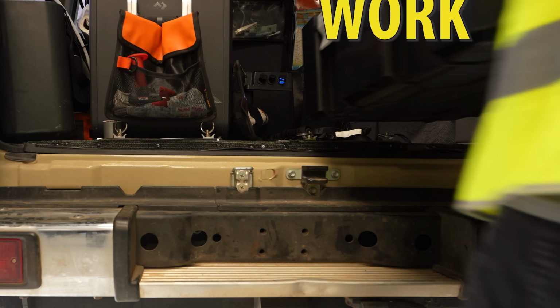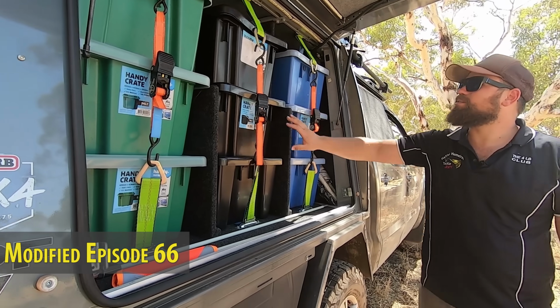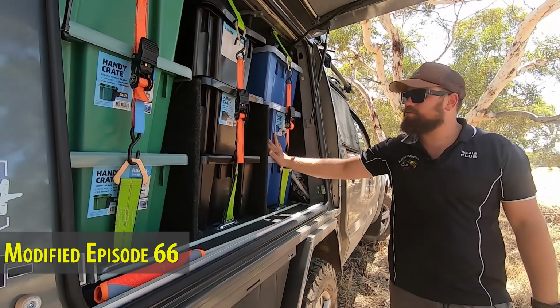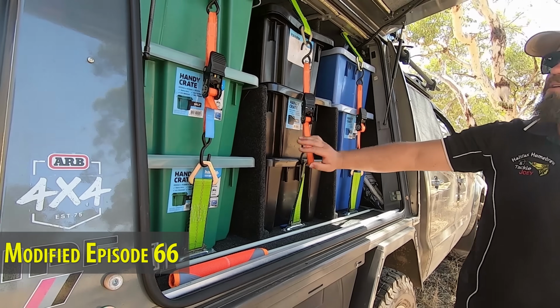Not only that, you can make your vehicle much more versatile. Specific boxes for work, specific boxes for play. You want to have the dog in the vehicle? You can remove all of these things and you have so much more space. I pull all these out. This is basically all color coded. So these are our clothes and that sort of stuff. This is all our recovery and camping gear, food and...